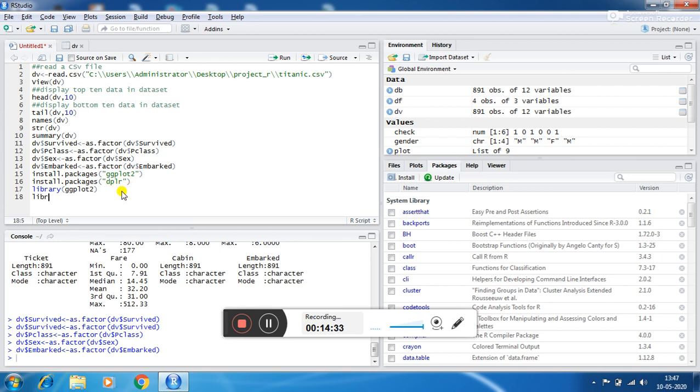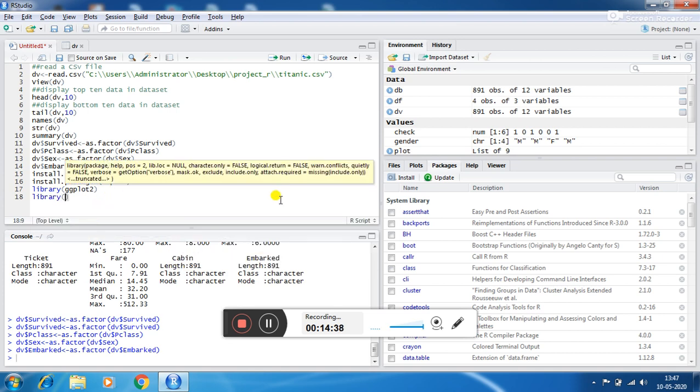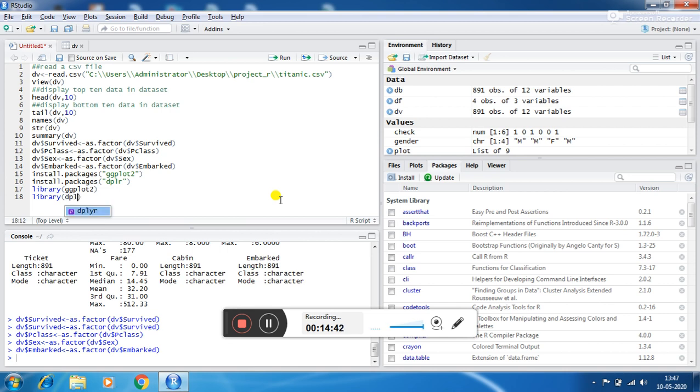Another library, dplyr, is already installed on the computer.